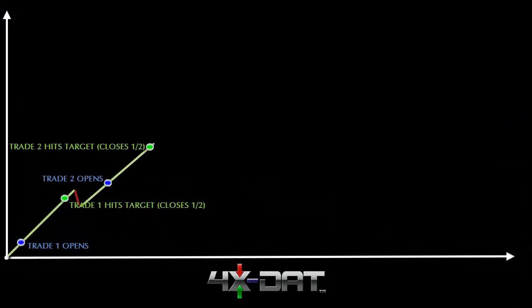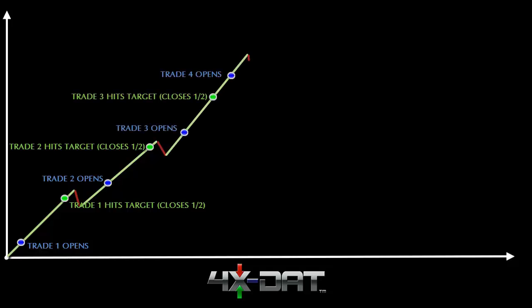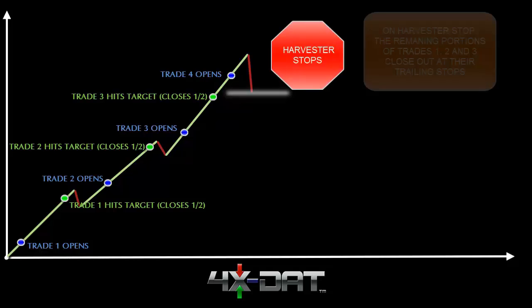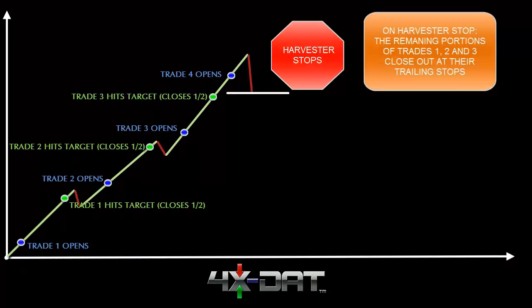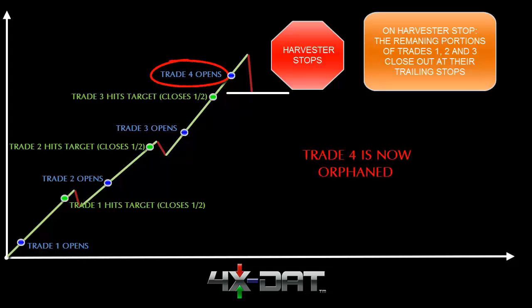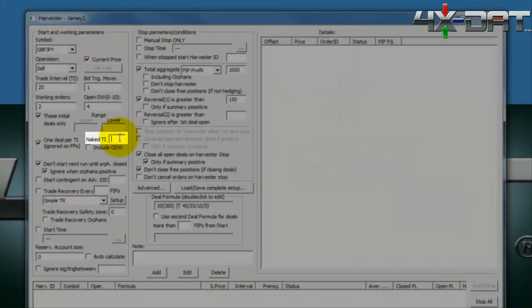You'll recall this illustration from the previous tutorial. Trade number 4 in this illustration is considered to be a naked trade because it didn't reach a point where a profit stop could be triggered. Because it was unprotected when the market turned, it became an orphan trade as the harvester was stopped by the market. If we specify a naked trade interval of, say, 40 here in this box, we're telling the software that